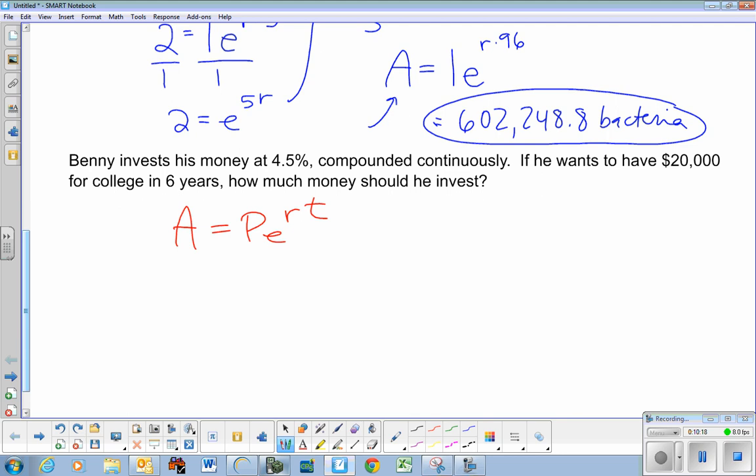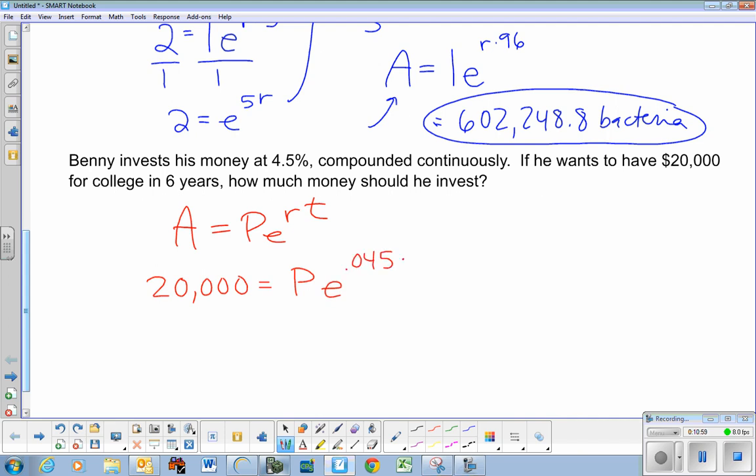All right, so our friend Benny has a bank account that will pay him 4.5% interest, compounded continuously, which is why I'm using A = Pe^(rt) and not the 1 plus r over n to the nt formula. He has a goal of $20,000, and he has 6 years to make that much money. So the question is, how much money does he need to put in the bank right now if in 6 years he's going to have 20,000? End up with 20,000. The principal, or the starting amount, is what I don't know. e is just e,